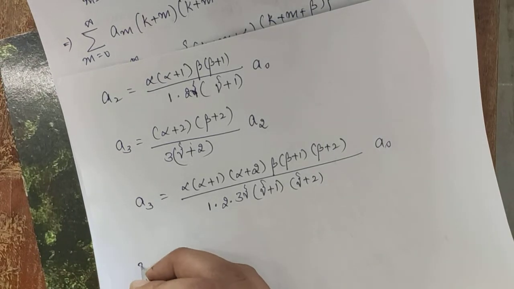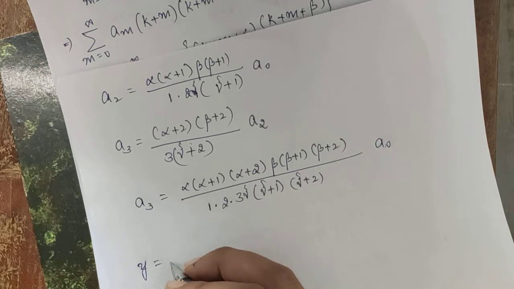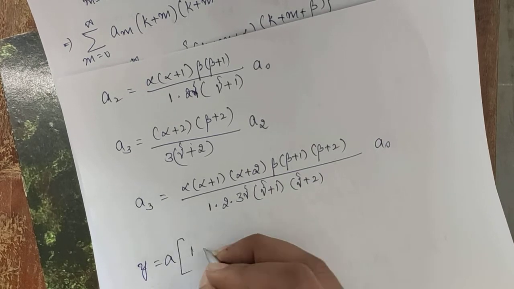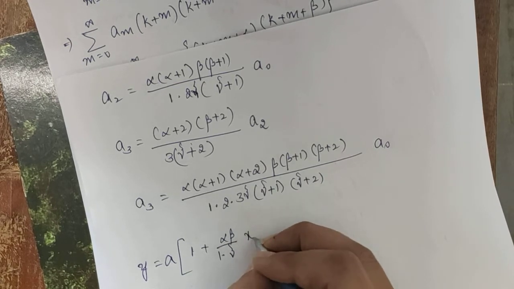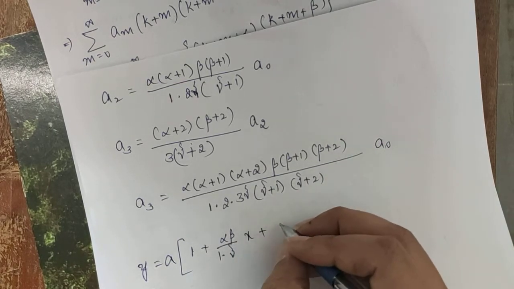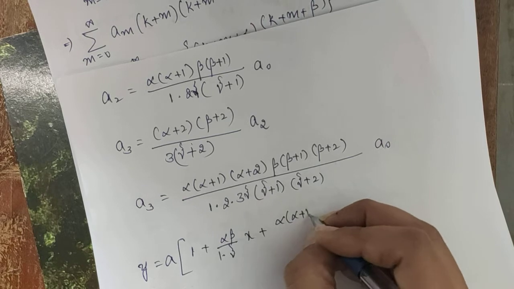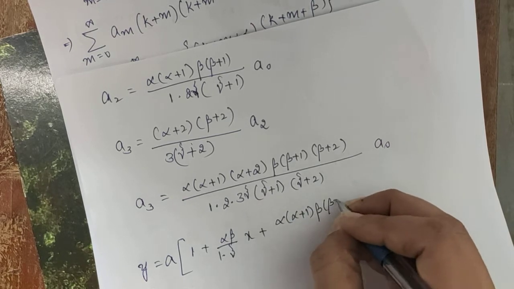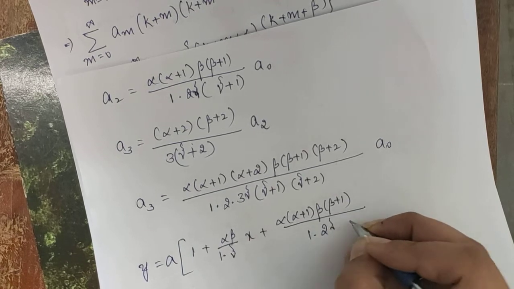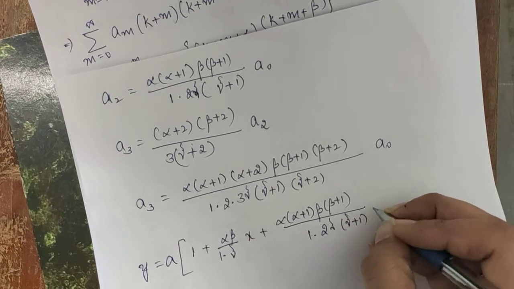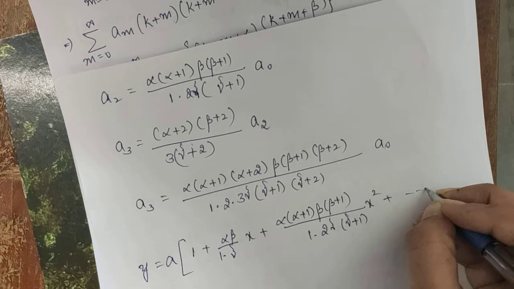This is when k is equal to 0. So your series solution will become y is equal to a into 1 plus alpha beta by 1 into gamma into x plus alpha into alpha plus 1, beta into beta plus 1, divided by 1 into 2, gamma into gamma plus 1, x square plus so on,